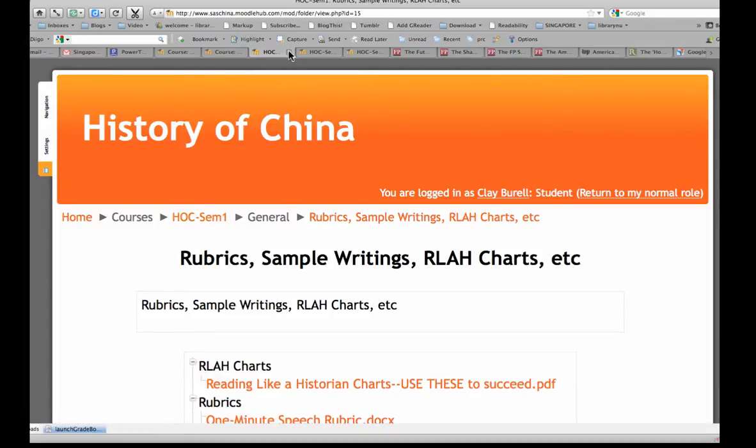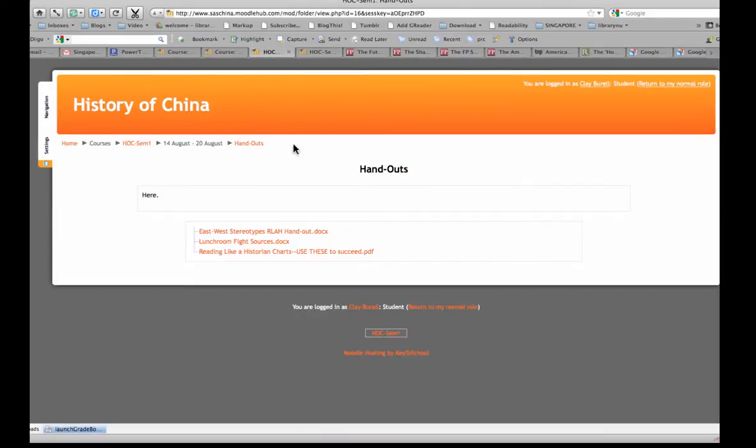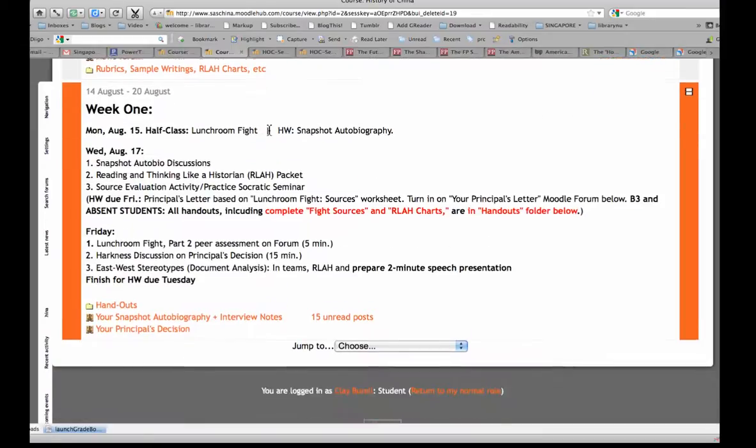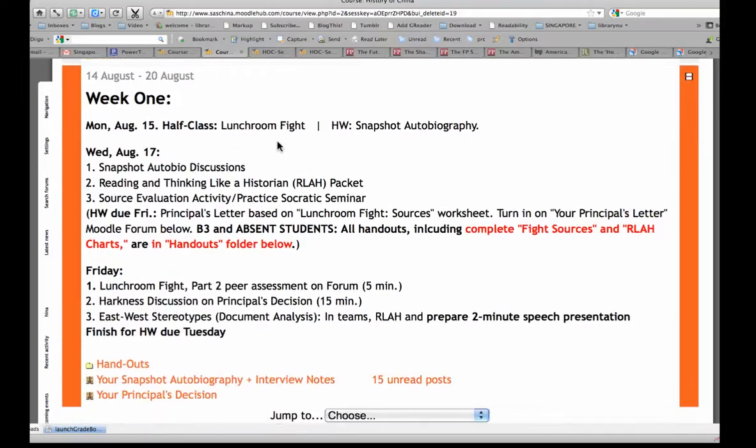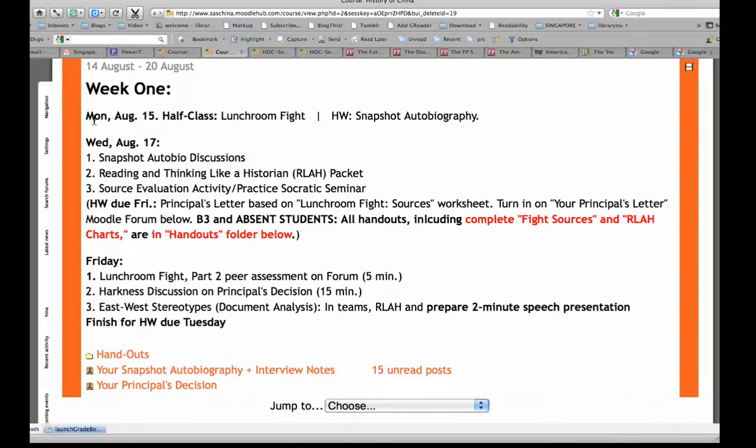Close that, and I'm going to show you the folder for the week 1 course. Now here's how I'm going to do the weekly pages or boxes. I'm going to put what we do in class, right, and the date. So you will be able to look at those and see the activities in class, and then see at the bottom of that the homework that is due. Okay?